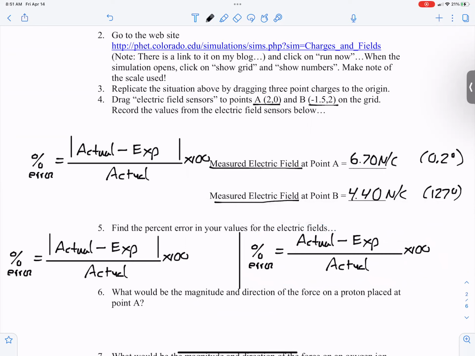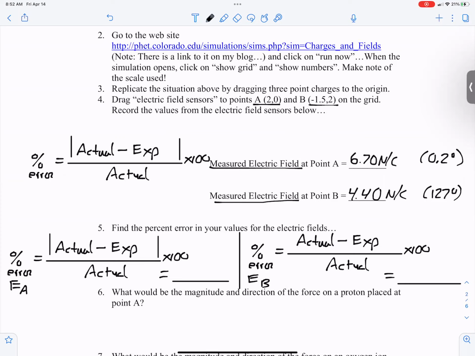Okay, so this is at point A. This is the electric field at point A. This is the electric field at point B. Okay. So throwing that into our calculator, we have the actual value, which was 6.75 calculated, minus 6.70, divided by